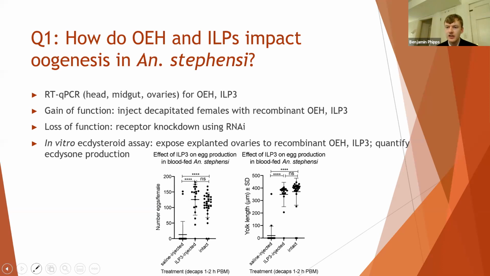You mean like swapping heads between females? Like you're taking decapitated females, so they don't have the hormone, but what happens if you put a head of a different female back on it, to recapitulate vitellogenesis? Yeah. We've homogenized heads and injected the extracts, and we've seen that rescues egg production, but we haven't done a head swap. But we've done something similar with the head homogenate. Cool.